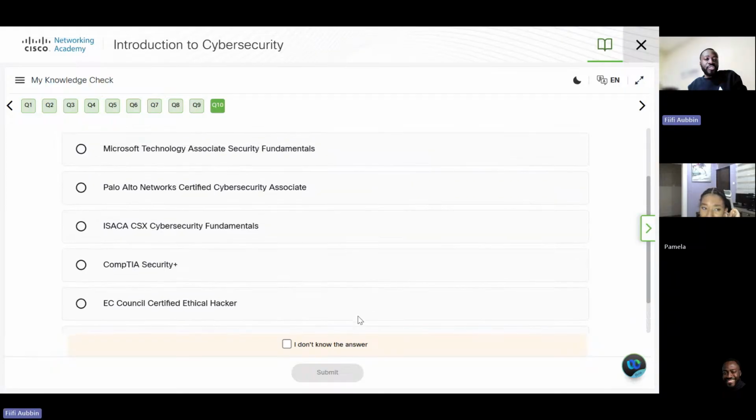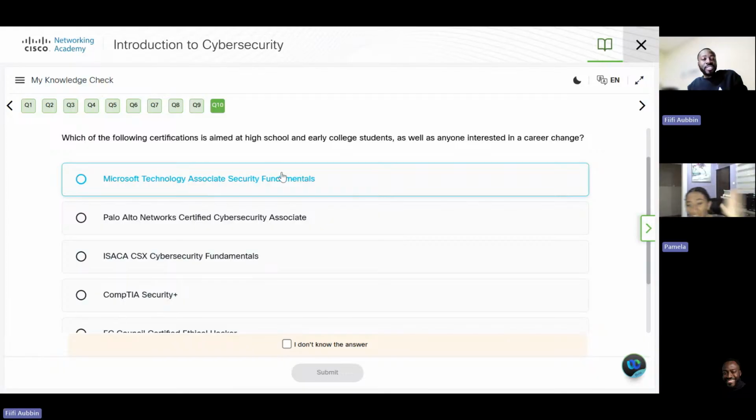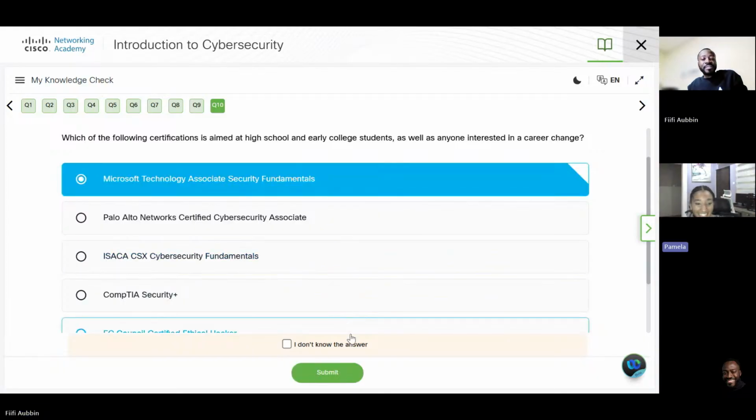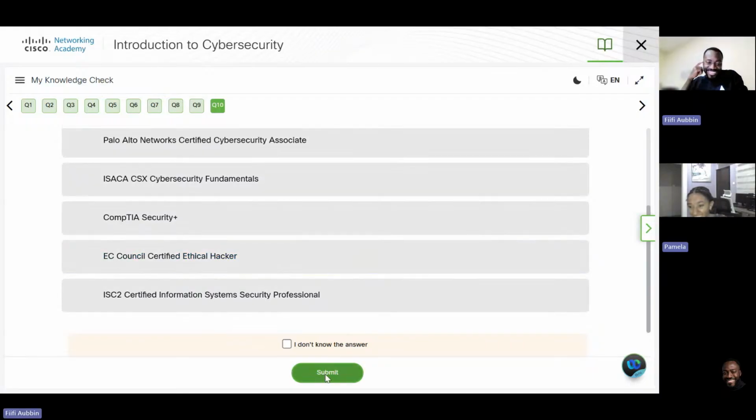As a high school student, which one would you go for? If you don't know, that's fine. I'll select this one, Microsoft, because Microsoft, that's Technology. I'm going to say that because the rest, I don't even know about them. I don't know anything. Okay.